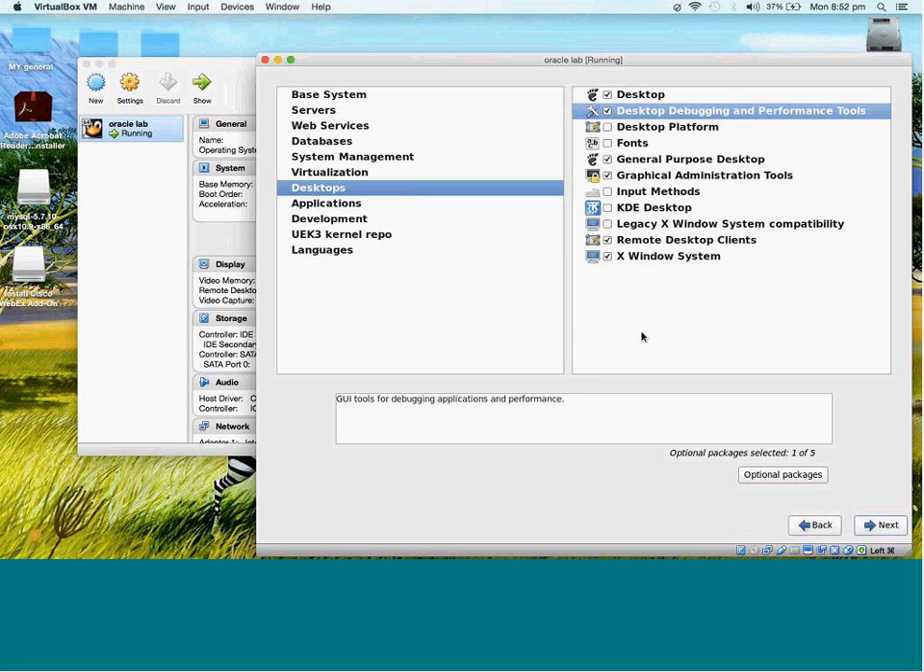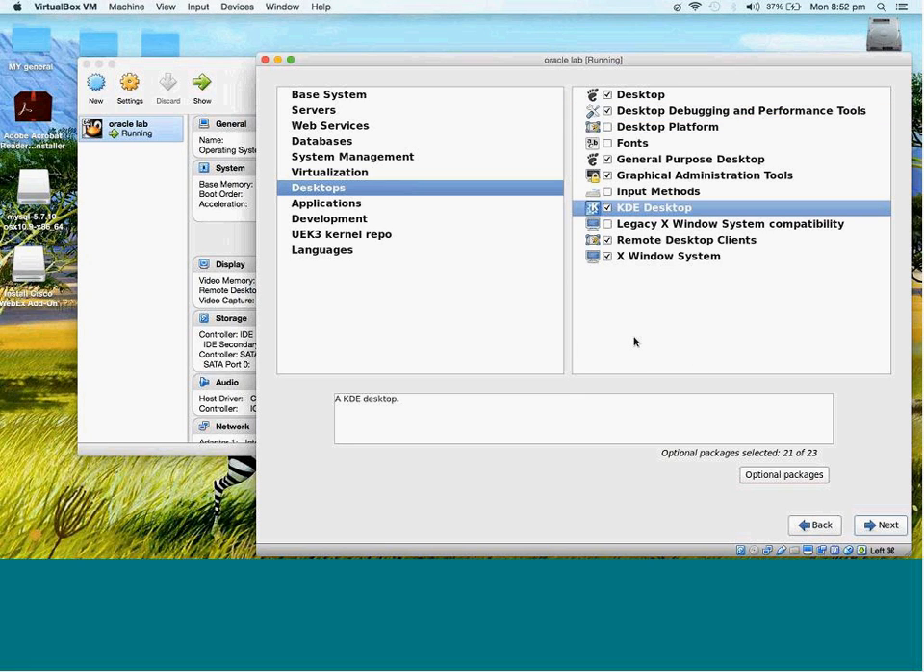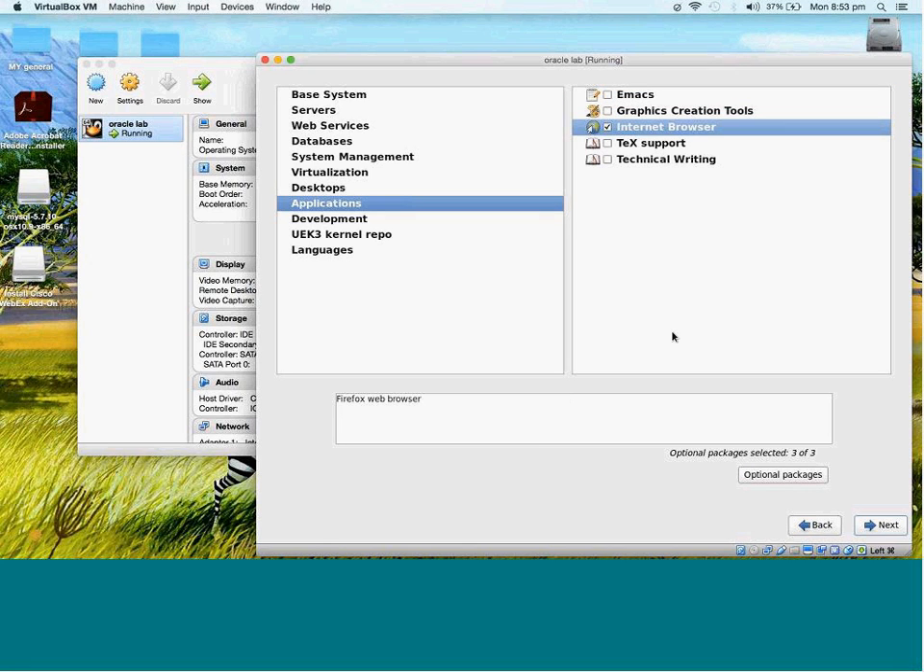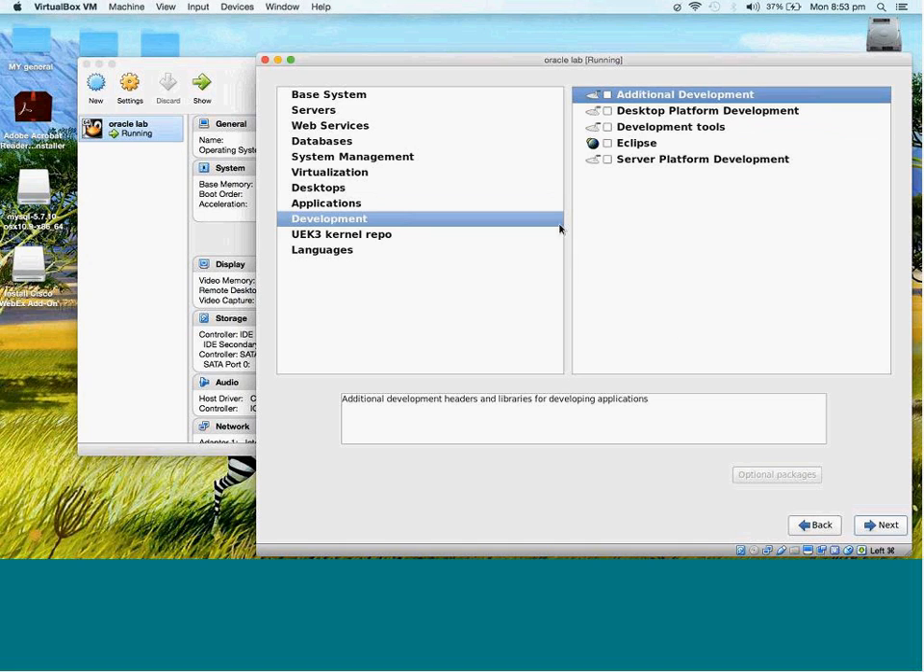Desktop platform KDE. But okay, let's go for KDE also. KDE desktop. Now applications. Go to applications. Application tools. You can add internet browser for sure. That browser. Okay. Development. Go to development. Okay. Here. Then